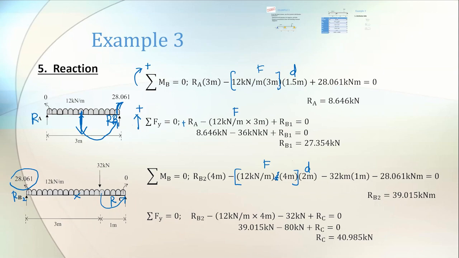We want to find RC. For RC we just use a simple force equation. RB2 minus, you have 1 UDL which is 4 meter long, 12 kN per meter times 4 meter, and then you have one point load, minus 32, because the point load goes downward, loading must go down, and then plus RC, then you can solve and you get RC. Reaction done, we go to SFD and BMD last